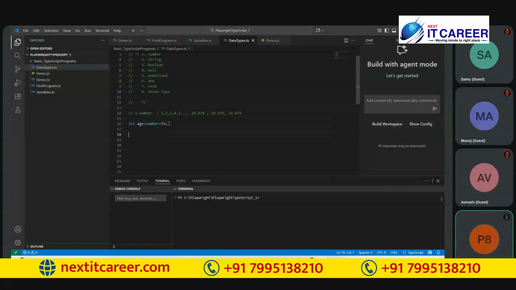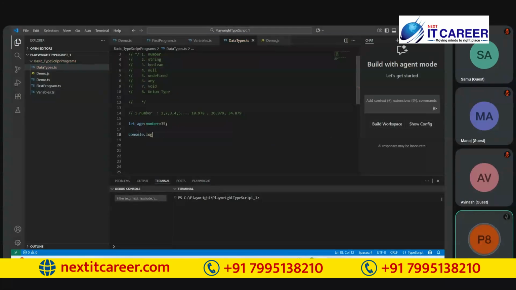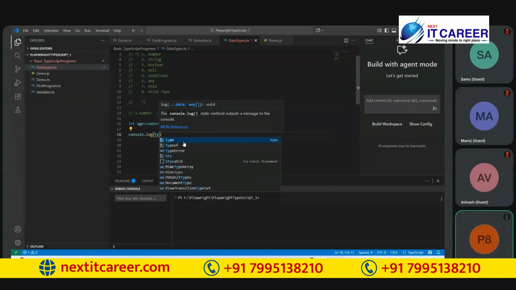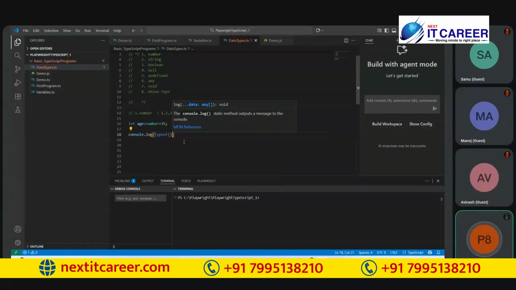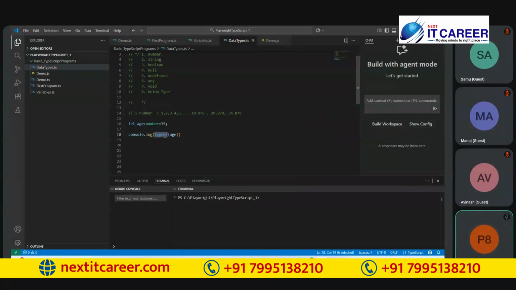If you want to know what type of data we want to store in an age variable, we have one method for that. Simply write console.log(typeof age). typeof is a method, and when you write it like this, it returns the type of data stored in age. After defining the data type, is it clear?